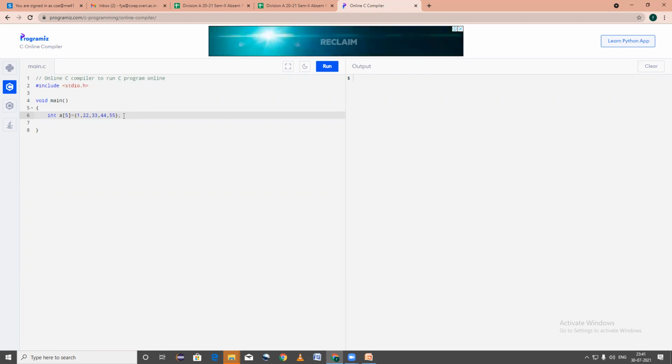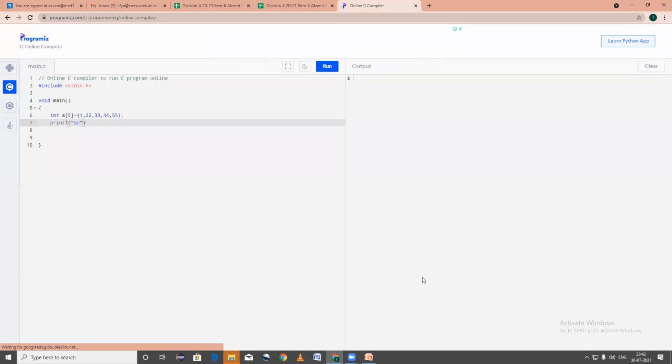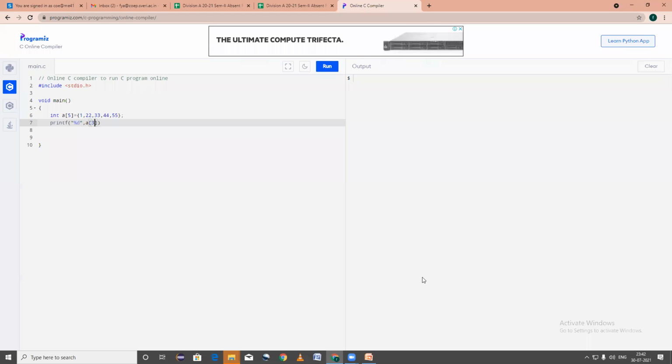One thing you need to remember here, the array index always starts with 0. So if I want to print this 44, then I need to start my counting with 0: 0, 1, 2, 3. If I use printf with %d, comma, a of 3, now here the index is 3, so it will print 44.